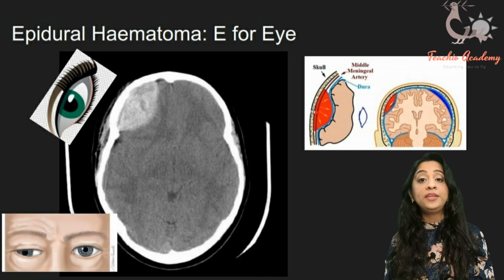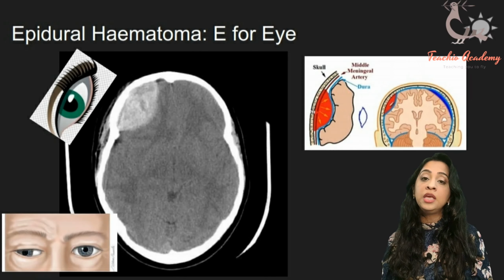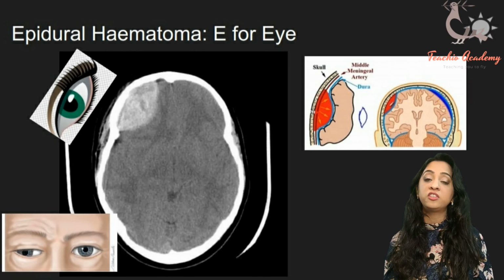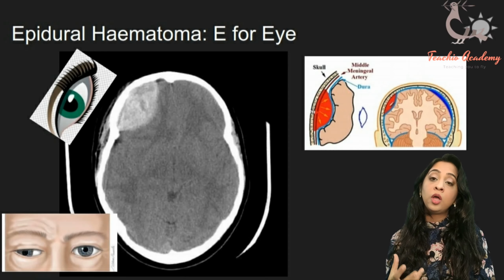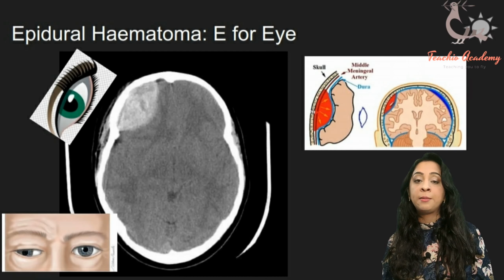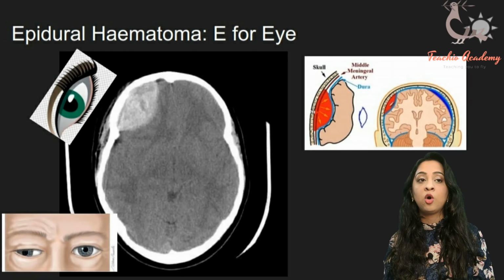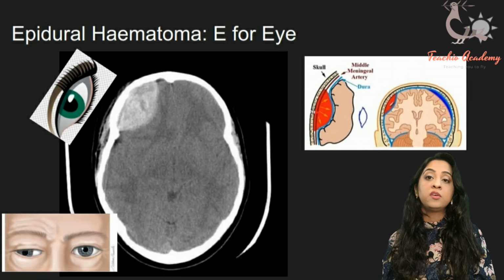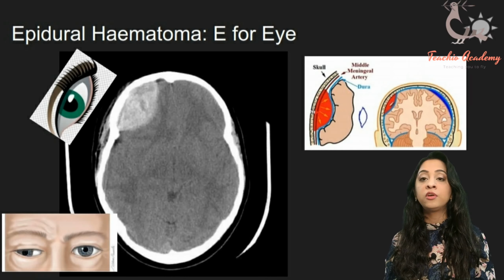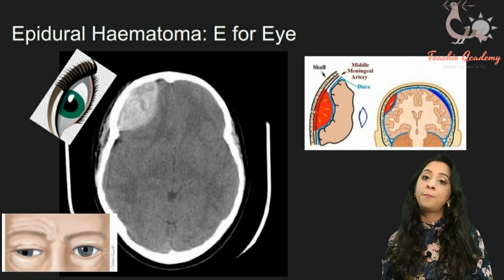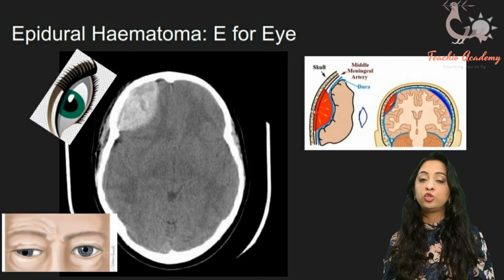Sometimes this might not be tested on your PLAB 1, but this can happen: because it's a bleed on the surface of the brain, it can create increased pressure in the brain. So it can lead to what we call a third nerve palsy, which is something that you see on the left side of your screen. This is more important for your MRCP exams, but if your PLAB 1 people want to give you a difficult question, any bleed in the brain is going to put pressure on the third nerve, which is going to look like a person with a fixed, dilated, droopy pupil.